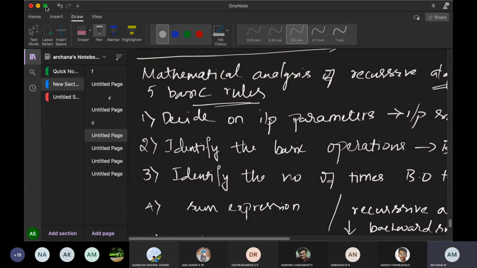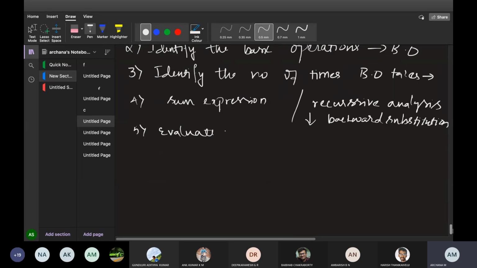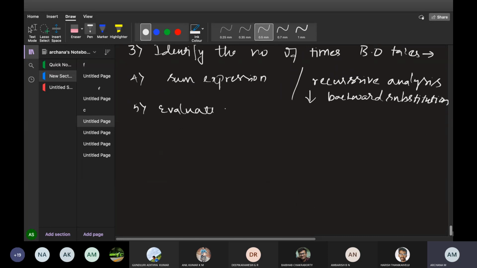Okay, now we will go with a simple example and we will solve how do we get this recursive analysis. Okay, now I will take a simple example to find out the factorial of n number. Okay, you people know how to find out the factorial of an n number? Can anyone tell me how to find out the factorial using recursion? Fact of n into n minus 1. Yes, 1.